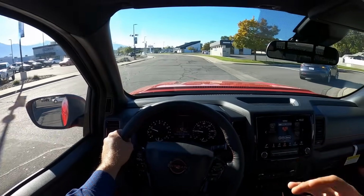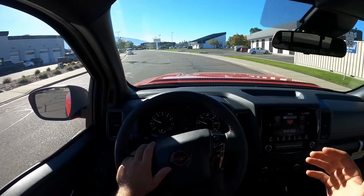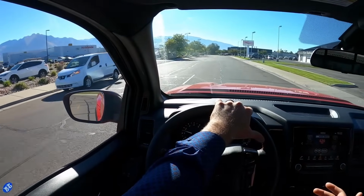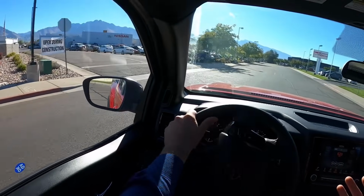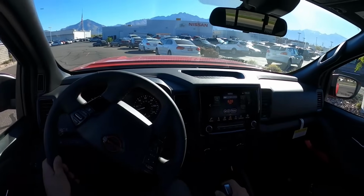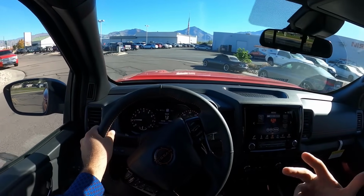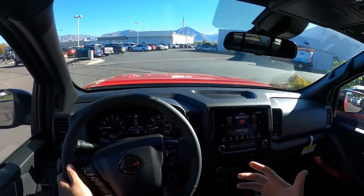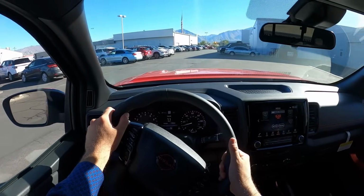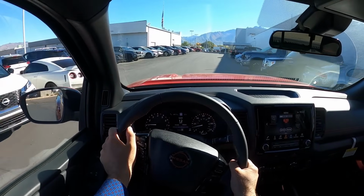But it has some modern stuff. The 9-speed's really quick to shift. That's kind of like more of a modern thing. And then on top of that, the 3.8 liter V6 is a pretty old engine, but I mean, it gets pretty good fuel economy for what it is. So if you want a reliable old school pickup truck, which I think a lot of people are looking for nowadays because they're sick of buying these pickup trucks, and they last as long as an iPhone nowadays, it seems like. And so yeah, the Frontier definitely stands out quite a bit,